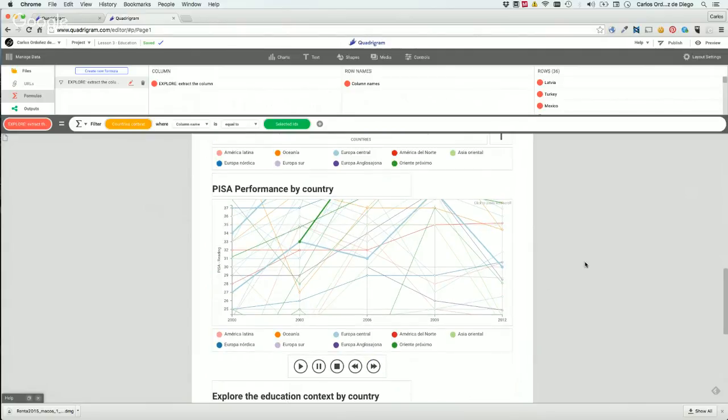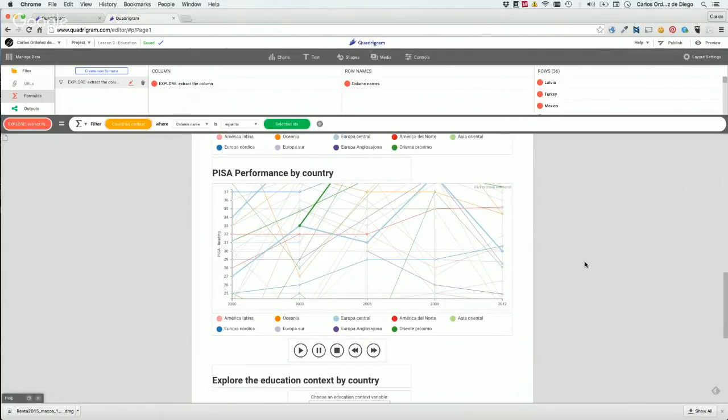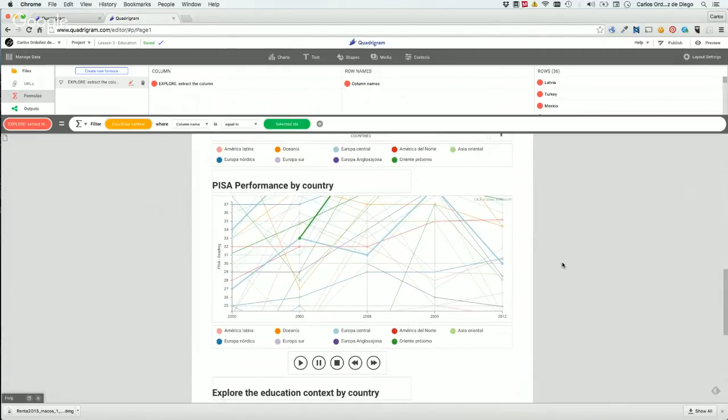I'm going to populate a bar chart, okay? In this bar chart, we're going to have the scores on the PISA performance by country in 2000, and the next step, 2003, the next step, 2006, and so on up to the end of the series,